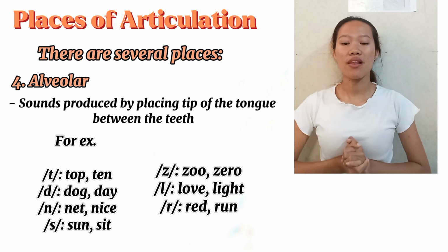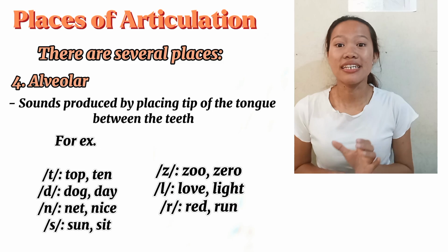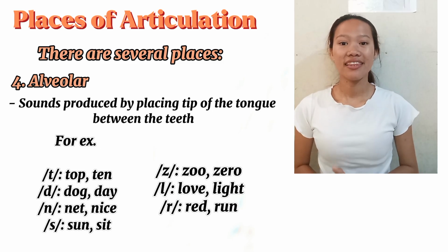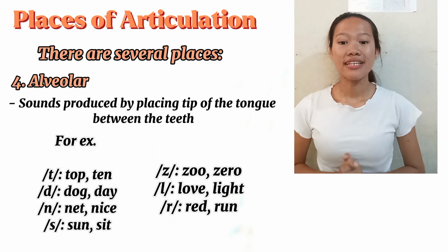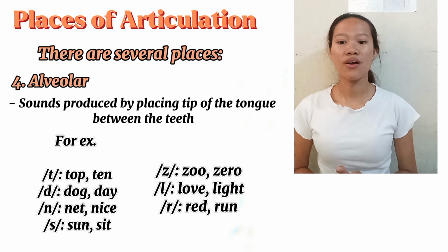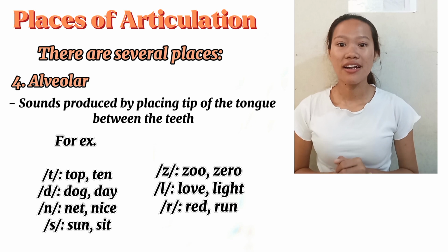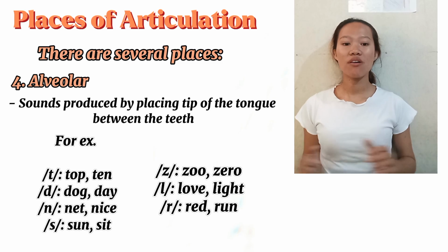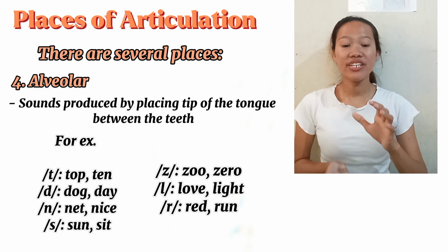For example, t, tap, ten, d, dog, day, net, nice, sun, sit, zoo, zero, love, light, red, run. So remember, the sounds do not all have the same manner of articulation, but they share the same